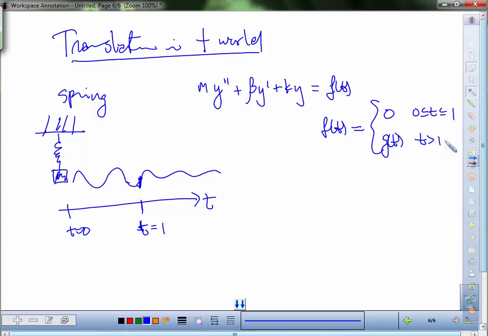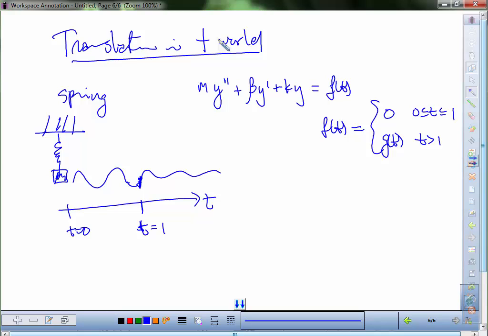So after some point, you apply some external force, but you don't apply it right away. And so that's possible. That could happen, right? That could happen. So we want to allow for that. And this is a translation in the T world, which is different from the translation in the S world. Translation in the S world we only used so that we can find a way to go back to the T world. Now, if our T world originally has some sort of translation where we have some situation where we don't apply the external force until a certain amount of time, then we want to be able to account for